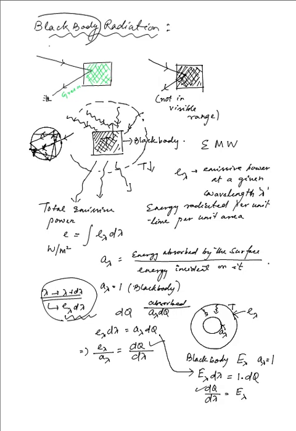So with these two being the same, we can relate the other two terms that I have just encircled, that is E lambda, the emissive power of any given body, to the absorptive power, which is equal to the emissive power of the black body. Well, we would have had the absorptive power for sure at the denominator, but in case of a black body that is equal to 1, so we just have to be contented with that E lambda that is over there. And this is the Kirchhoff's law of radiation.